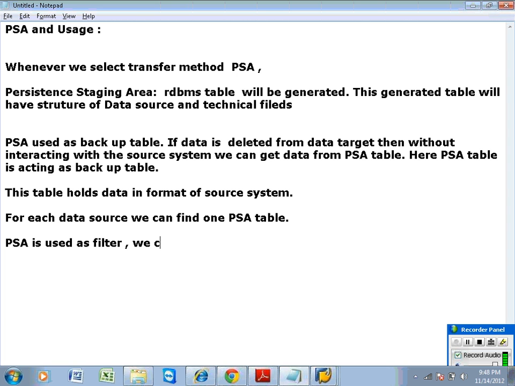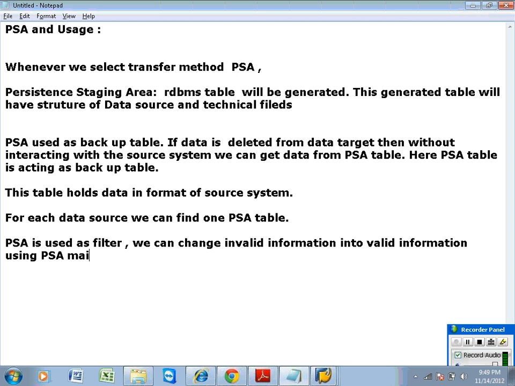We can change invalid information into valid information using PSA maintenance.